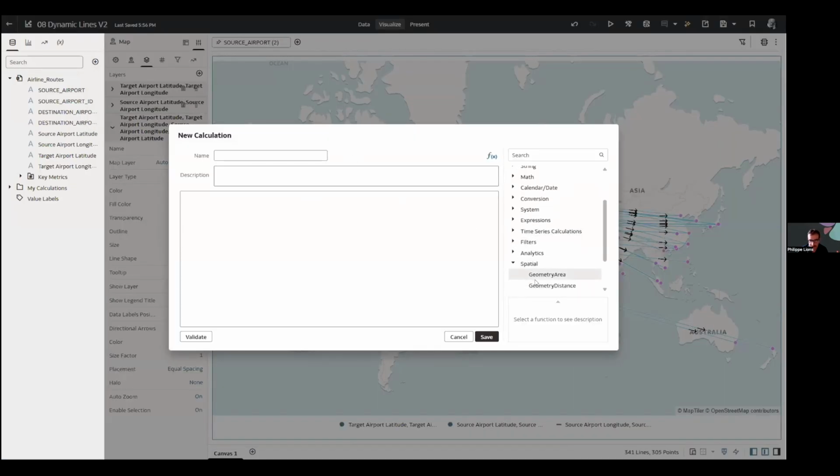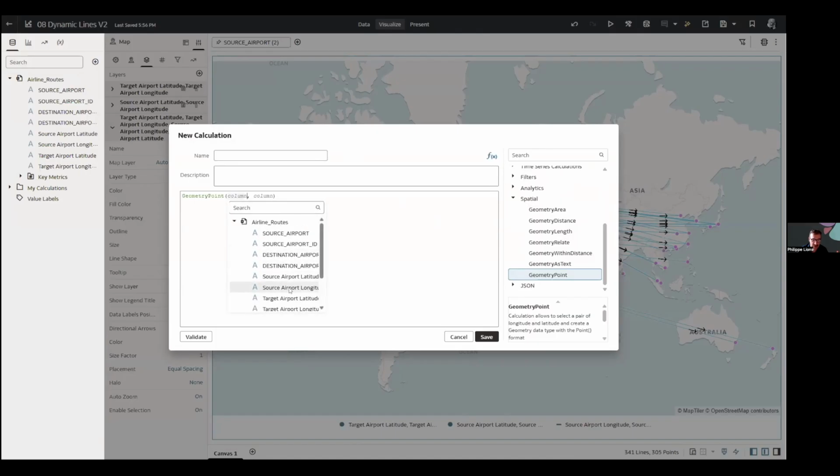So you may know that OAC itself already supports several geometry calculations, such as calculating area, distance between geometries or points, lengths, how geometries or points or polygons relate to each other, which one is within a distance of another. But what's interesting is we now have the ability to convert a lat and a long into a geometry format.